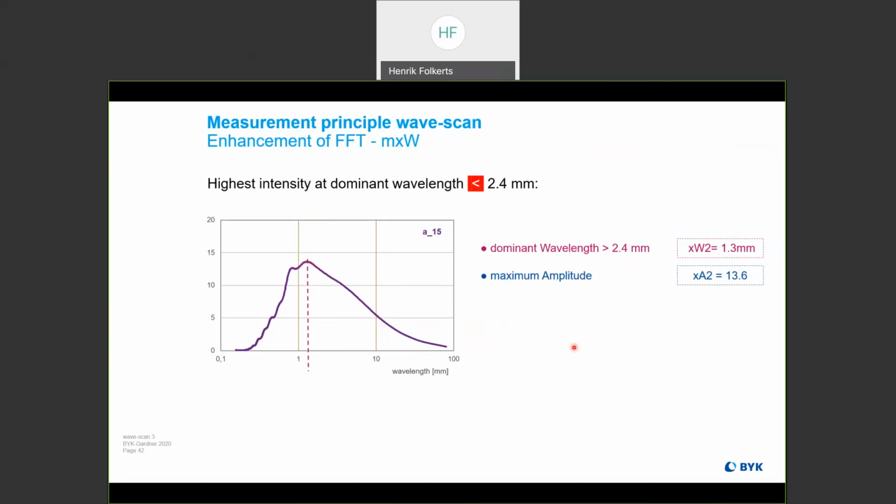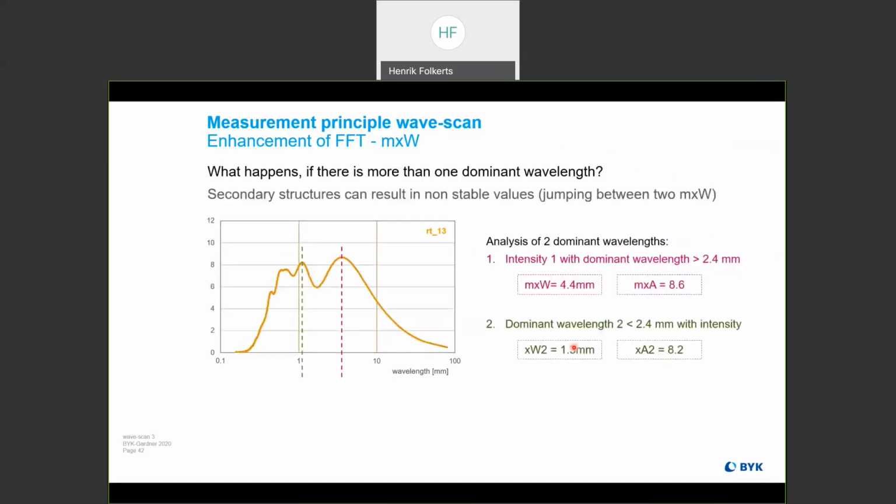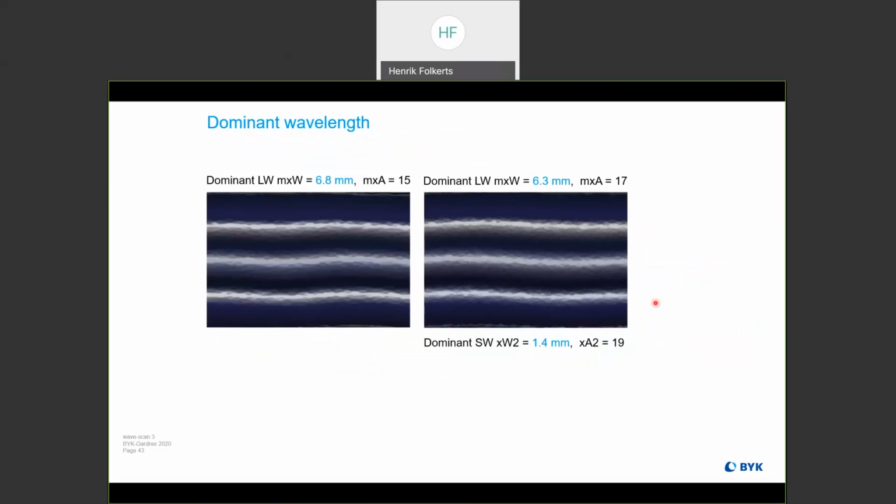Yeah. And now I come to the reason for this differentiation. In some cases, both the small dominant wave and the large dominant wave can be in the same intensity range. And then it is sometimes from measurement to measurement that the data jump and you do not get a clear, sharp result for your measurements. And to make that a little bit clearer, what this means visually, on the left